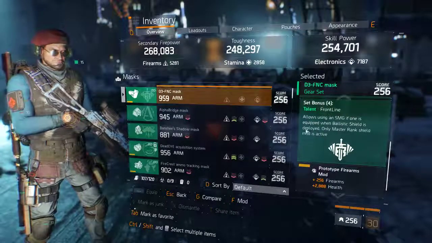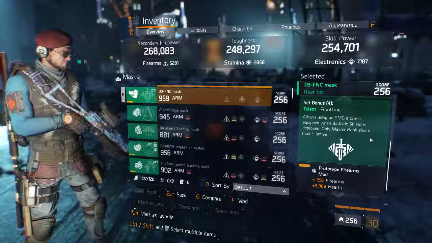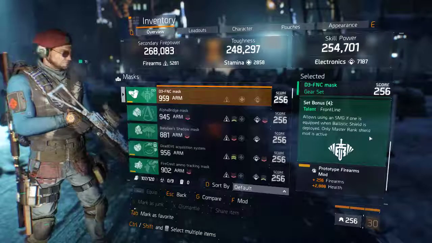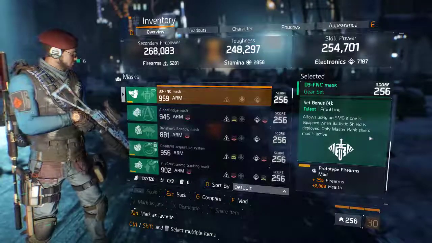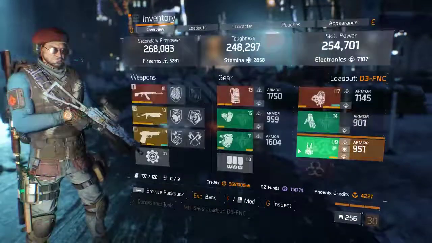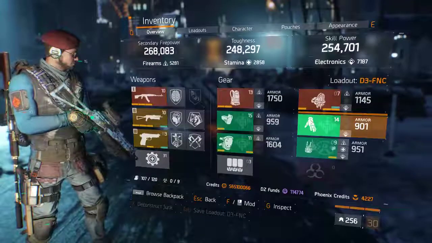When we get to the 4-piece bonus, and no, there's not a 5 and 6-piece yet, this allows you to use your ballistic shield and a submachine gun at the same time. So this is what we want. So to maximize this, what I've got is 3 pieces of the...